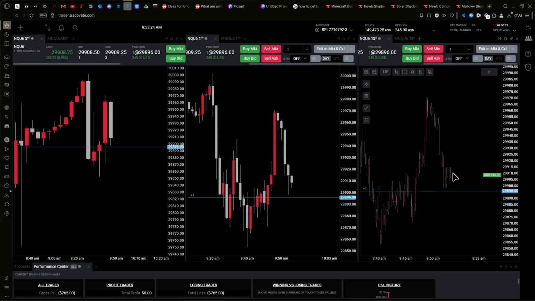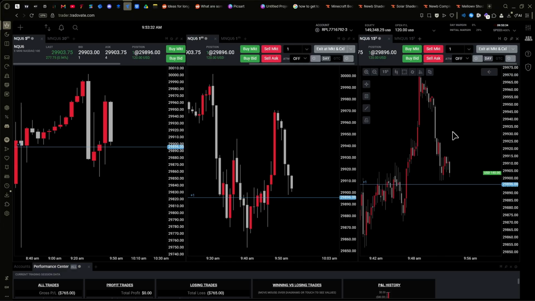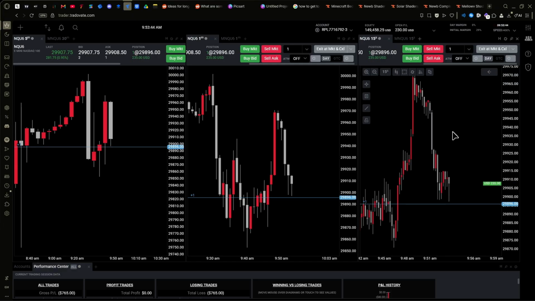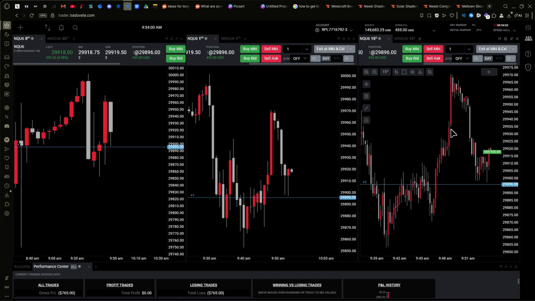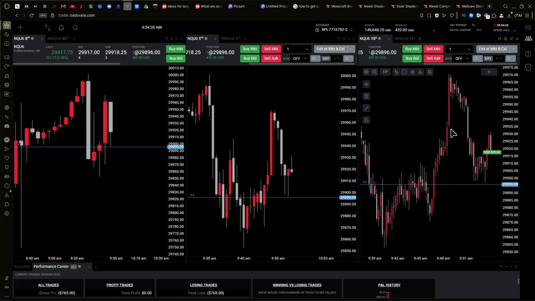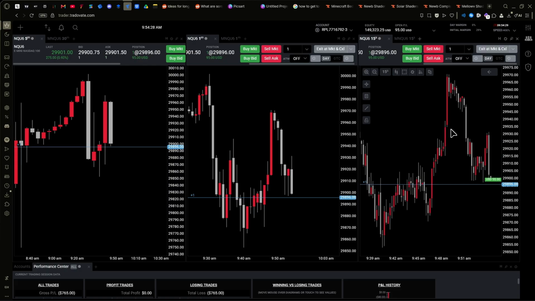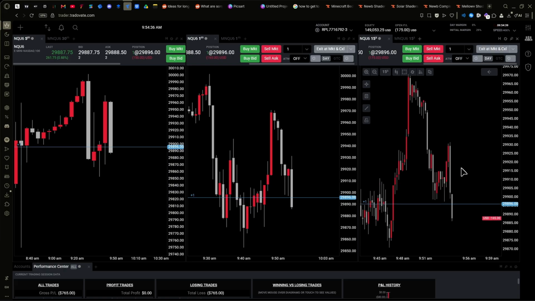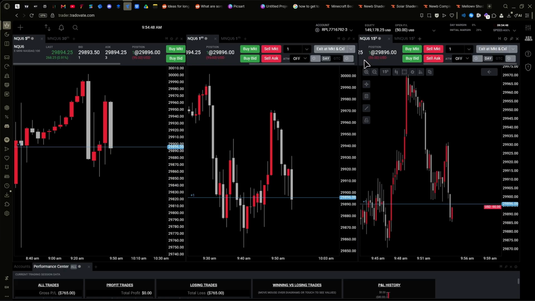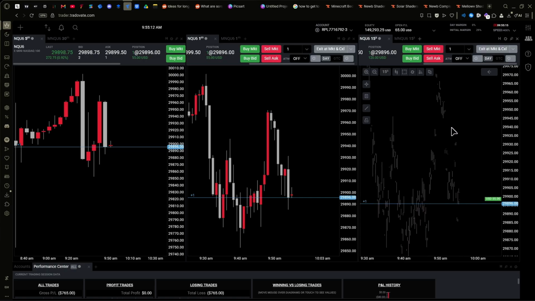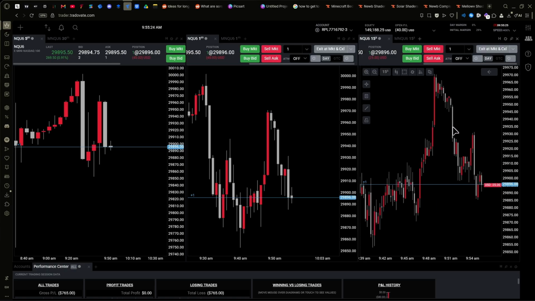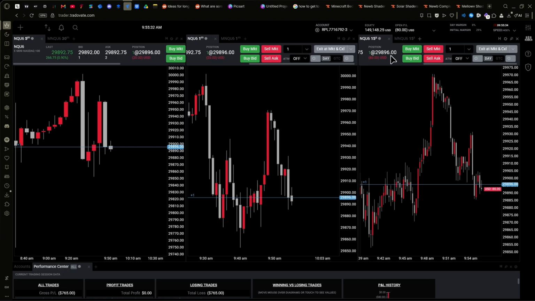But when you do see these type of conditions, reminder, I say I don't use break evens, which I truly don't. I really don't. But when you do see these type of conditions, I advise you use a break even all the time. That whole rule about me saying I don't use break evens, just throw it out of your head. You can do break even. Like right now, I would probably be out at break even. On these type of conditions, the high resistance conditions like this, where it's just not going anywhere, just doing a whole bunch of BS, of course, do break evens. I wouldn't even blame you on that.